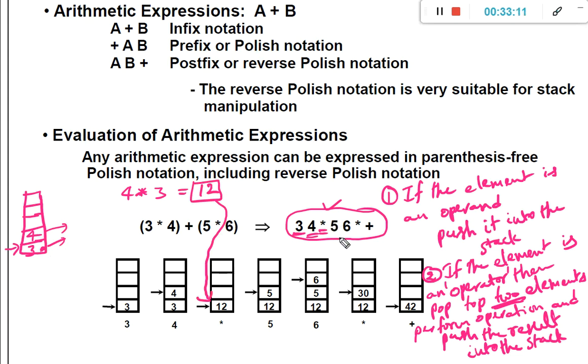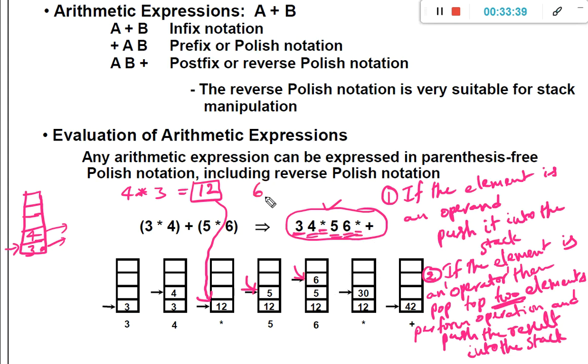Next, keep on scanning. The next element to be scanned is 5. Whenever it is an operand, just push it into the stack. Scan the next element. What is the next element? It is 6, also an operand, so just push it into the stack. Scan the next element. The next element is an operator, so pop the top two elements.